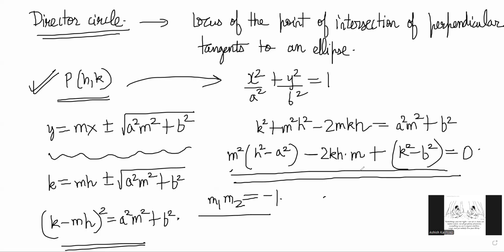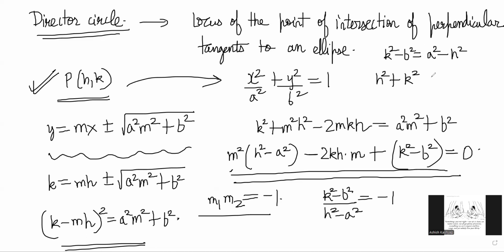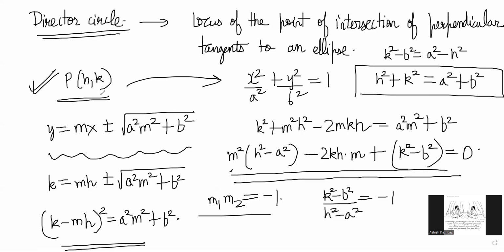So here we can say that the product of the roots is (k square minus b square) by (h square minus a square), which is c by a, which is minus 1, which means k square minus b square is equal to a square minus h square. And if you bring everything to one side, you get something like this. And this is the condition that makes sure that the two tangents drawn from h comma k are perpendicular. So in order to get the locus, we'll replace h comma k with x and y, and you'll get the locus of the curve